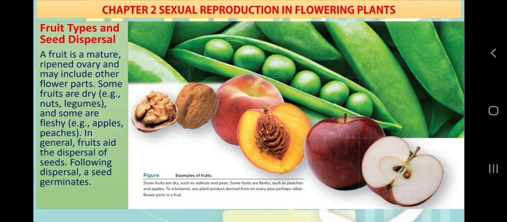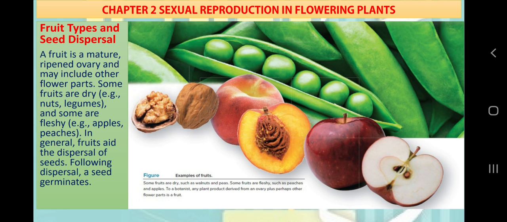Embryo sac is a 7-celled, 8-nucleate structure: 3 antipodals, 2 synergids, 1 egg cell, and 2 polar nuclei in the central cell. There will be 2 fertilization events. The first fertilization, or syngamy, between the sperm and the egg will form the zygote, which will form the embryo of